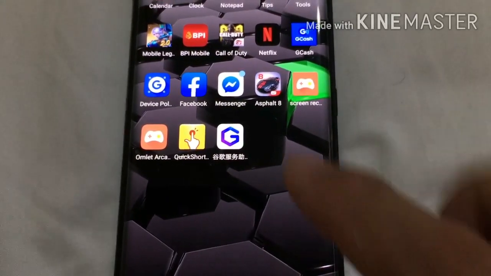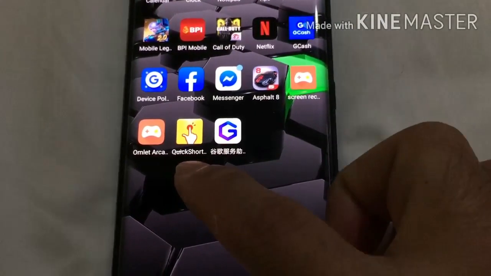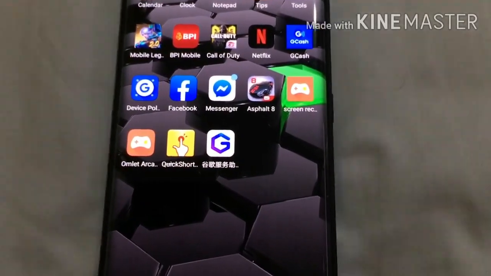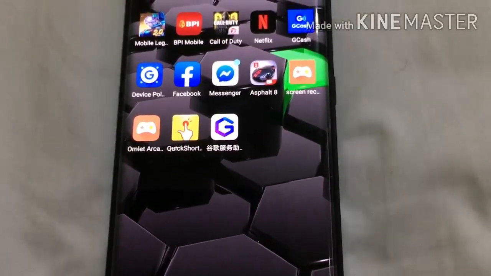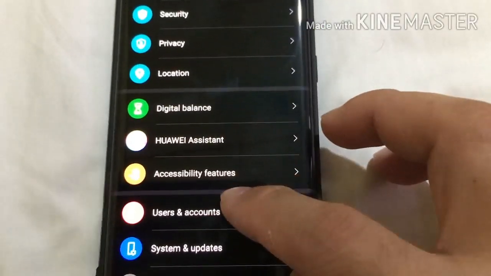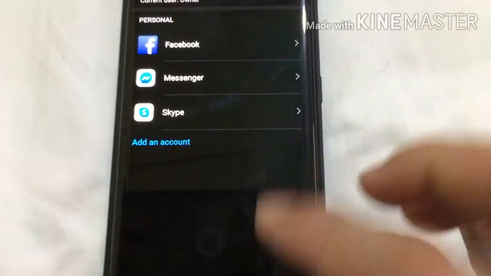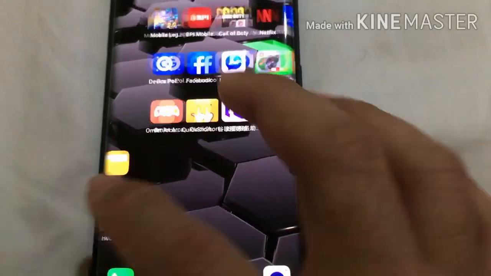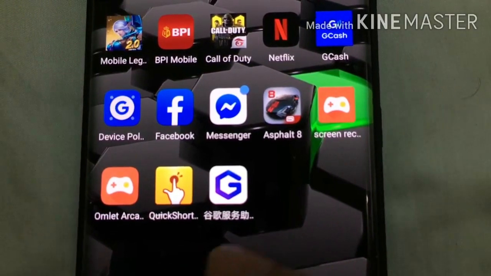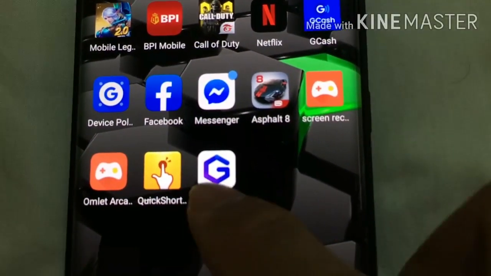But this time we may not be using much of the quick shortcut maker to log in, as we can just go under the settings, users and accounts for that later on. Okay, now that we have restored the files that we needed, especially this one,